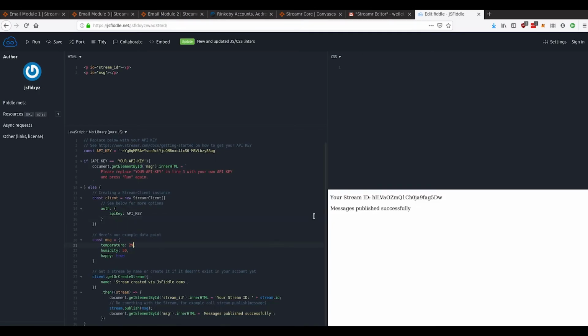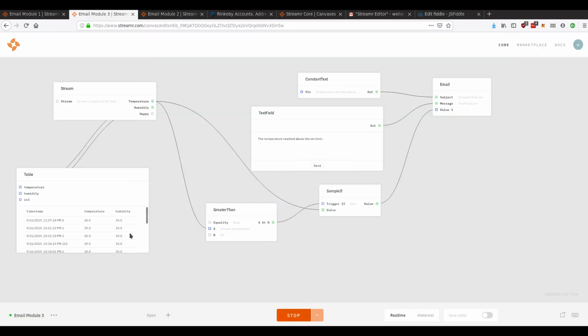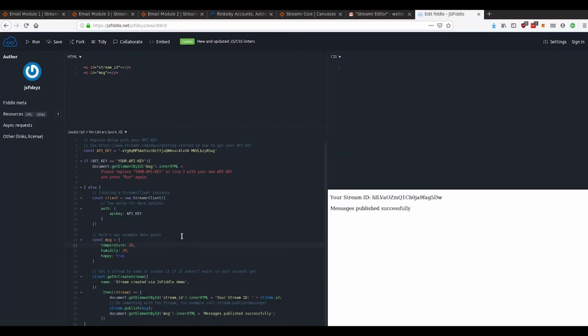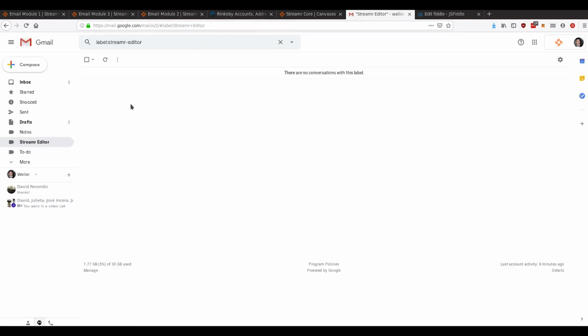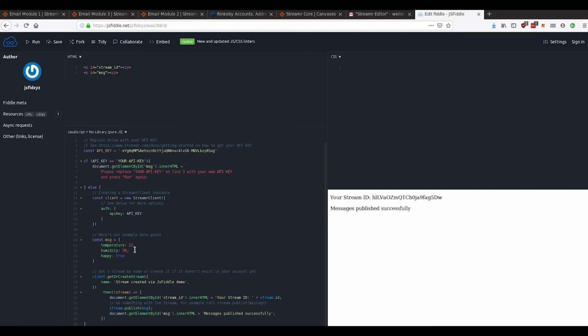I'm going to send a fake one first, which is with the temperature as 20. So based on the logic that we have created, that should not trigger an email. As you can see, it received the 20. I can send another one, could be like 22. And I can send a few times too. So as you can see, it is listening to the events being sent, but no email is being triggered because it didn't meet the condition. Now, if I change